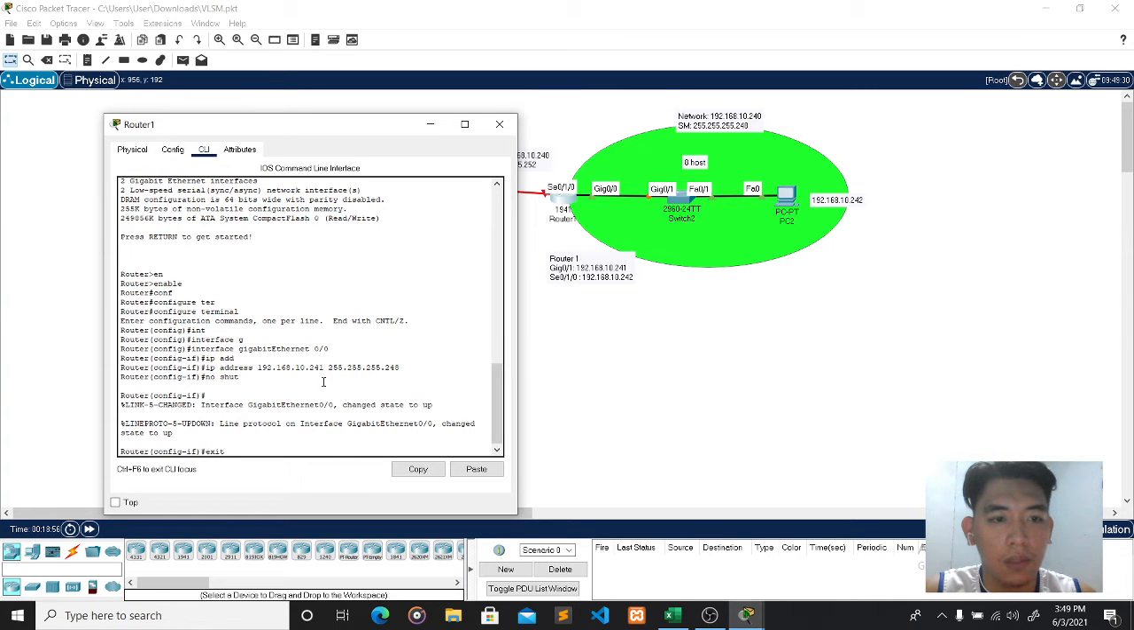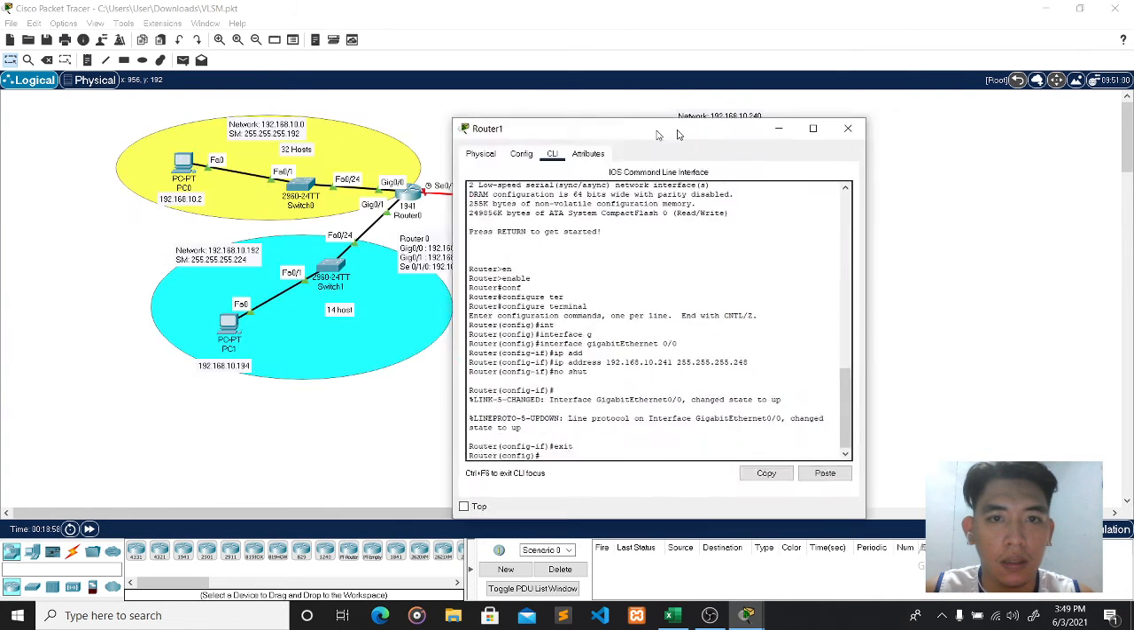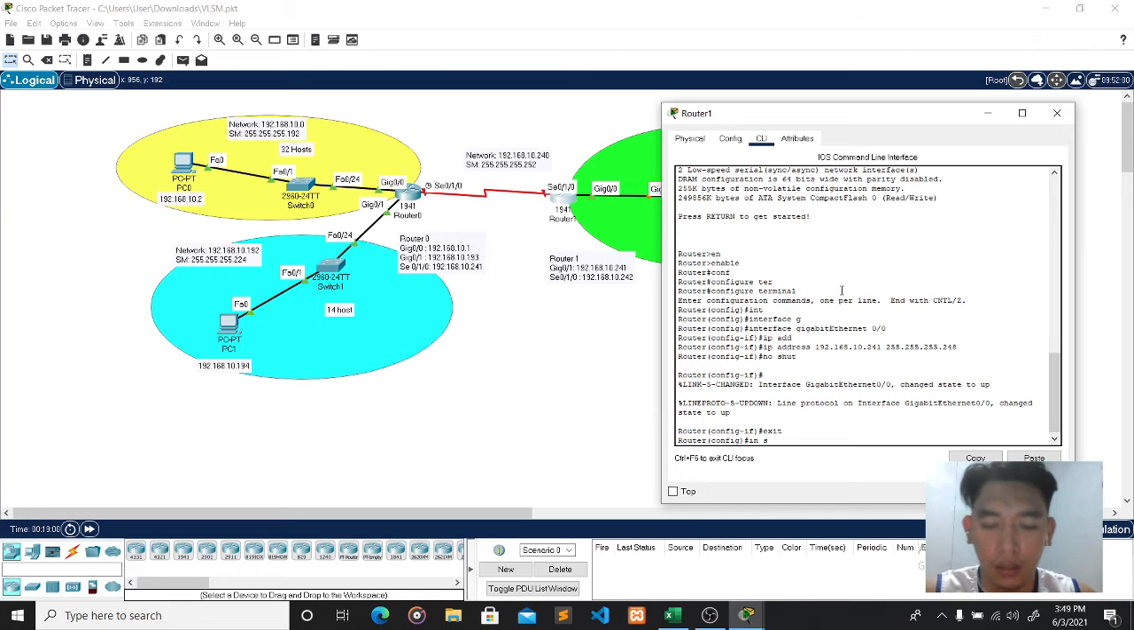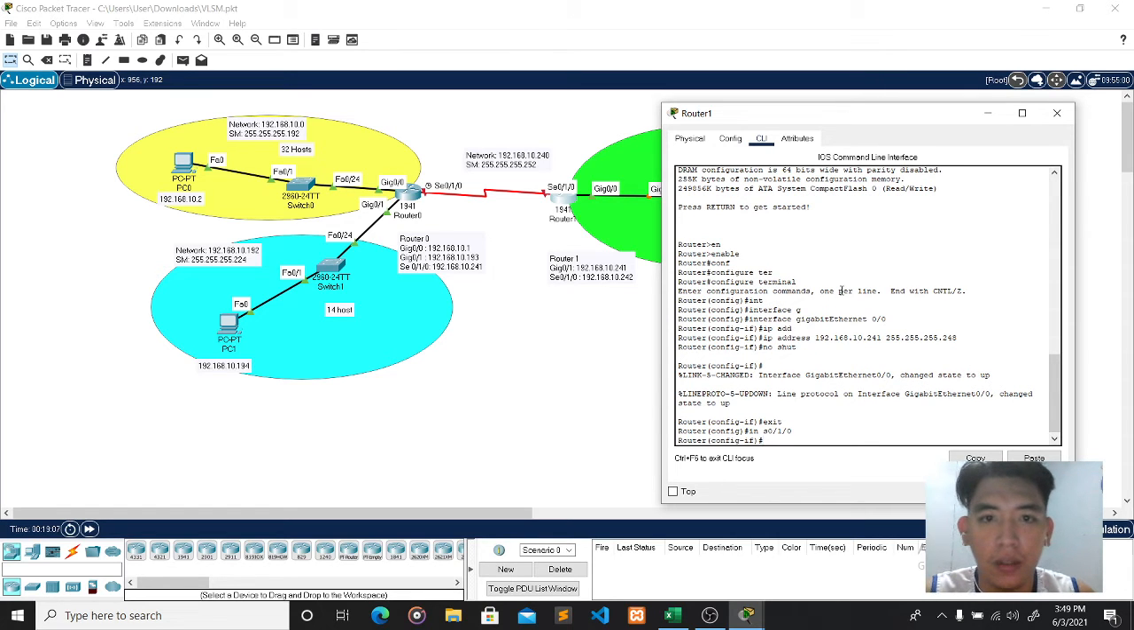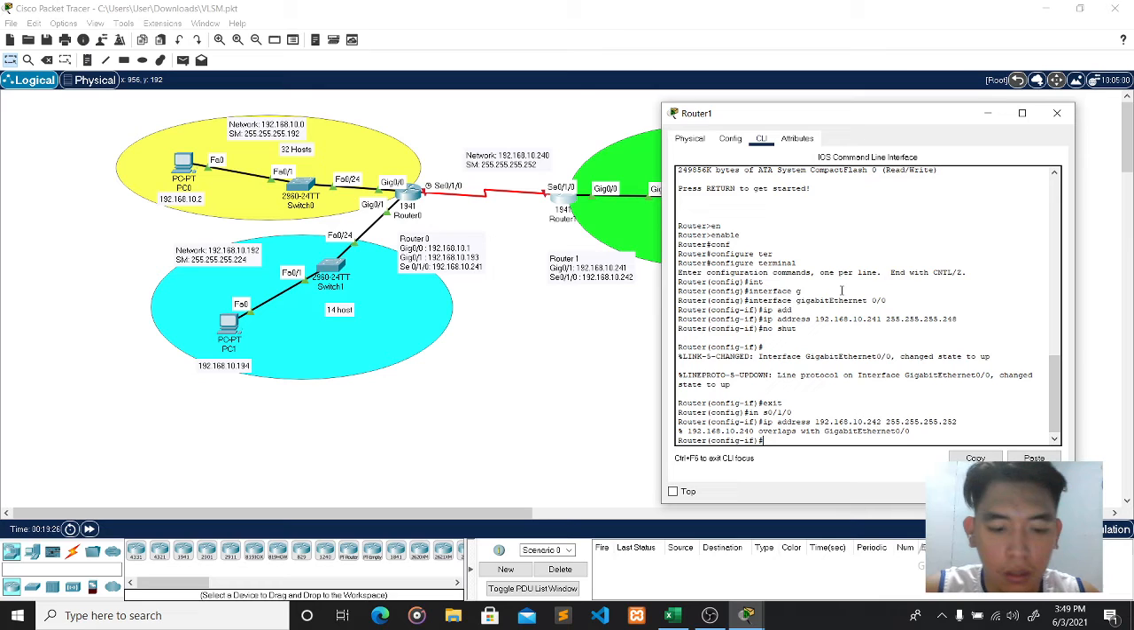Next is from the serial interface. So in S0/1/0, then the IP address is 192.168.10.242 255.255.255.252, then